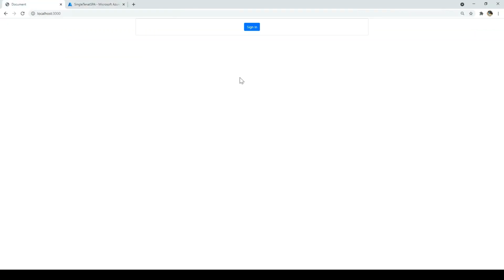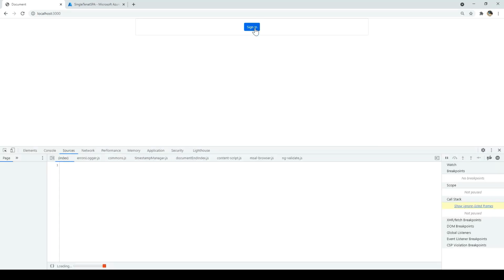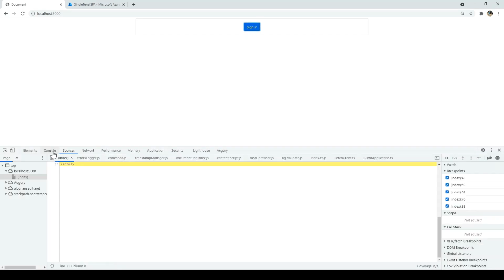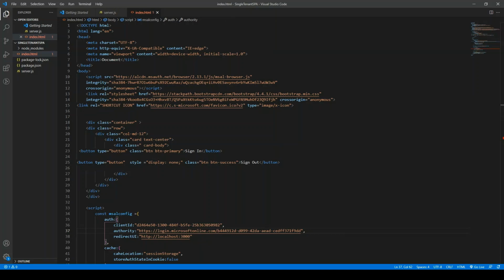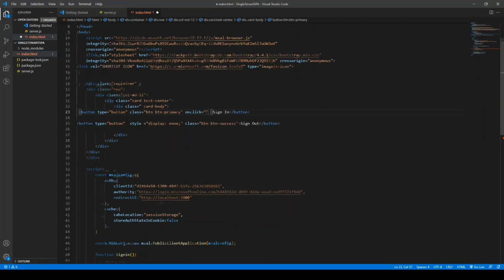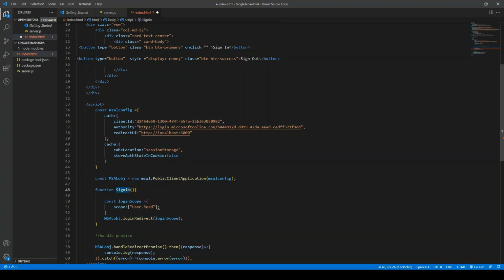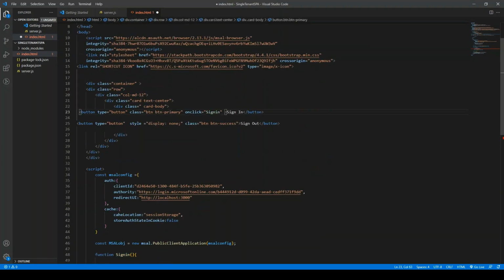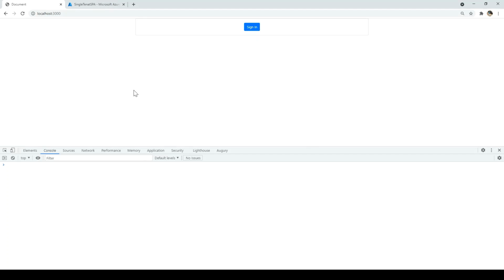So let me just click on sign in. In the sign in, we have to add an onClick function also, which will call the sign in method. So let me just call it here, save, go back, and click on sign in.